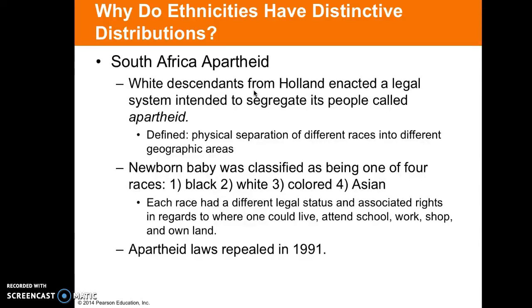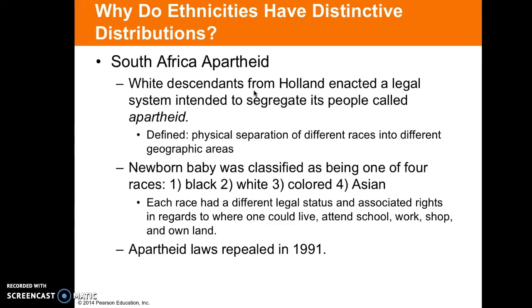And that was eventually overturned. Separate was in fact not equal. And so today you shouldn't be able to segregate people. The desegregation of our schools in the United States was a very controversial time. There were armed guards, and that led to the civil rights movement of the 1960s, which we'll talk about in class. In South Africa, they had similar but stricter laws called apartheid.